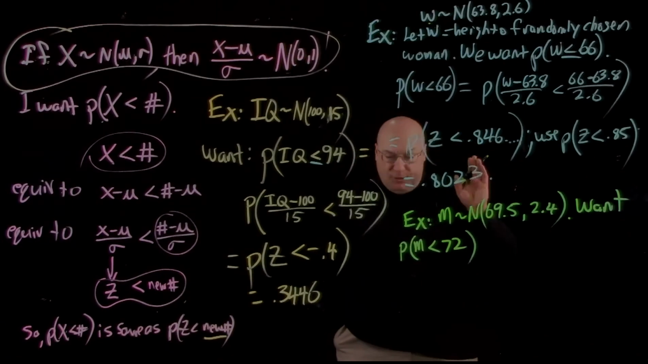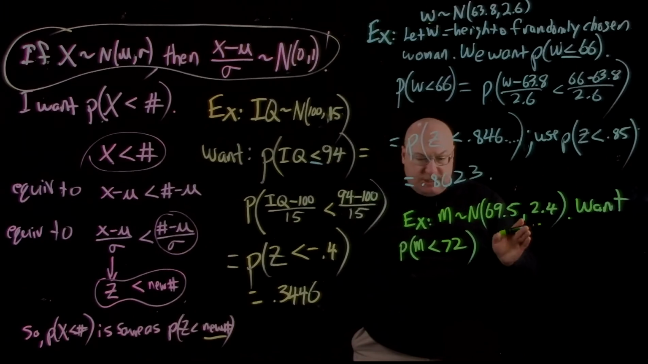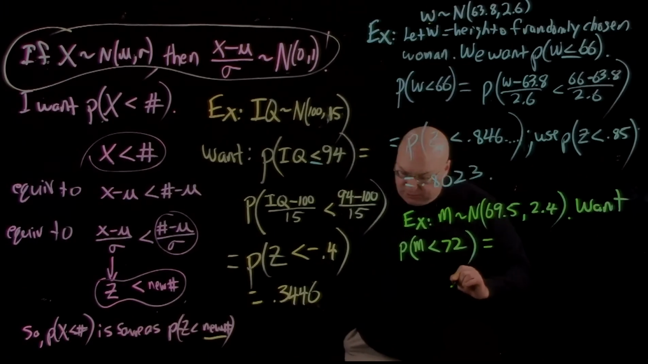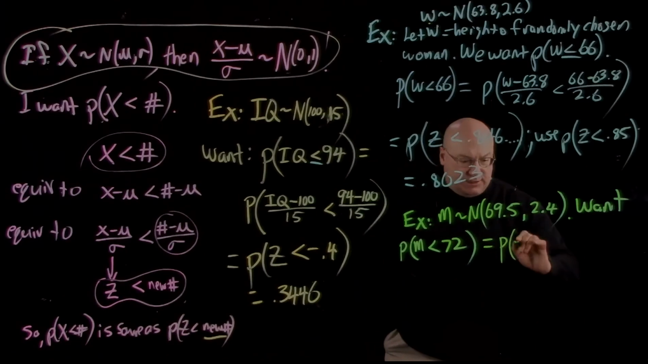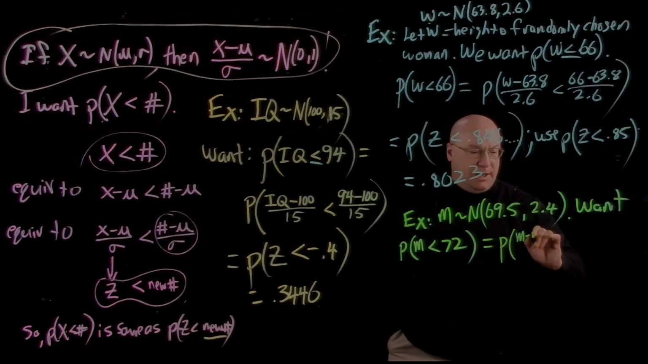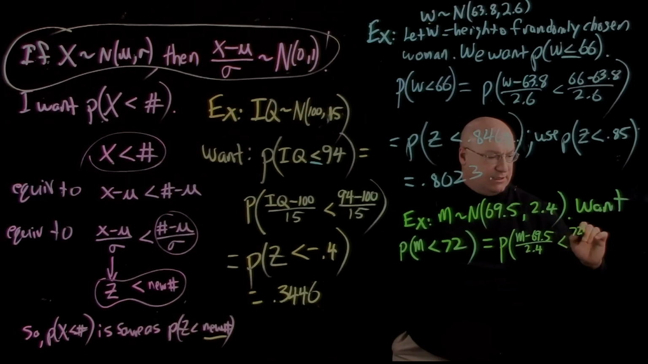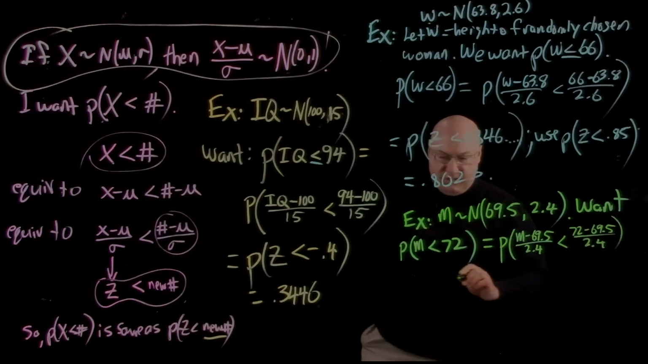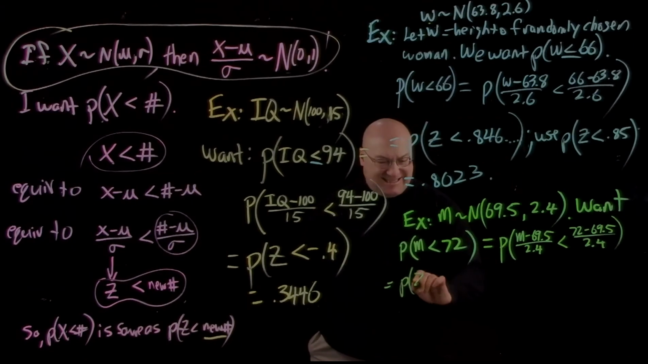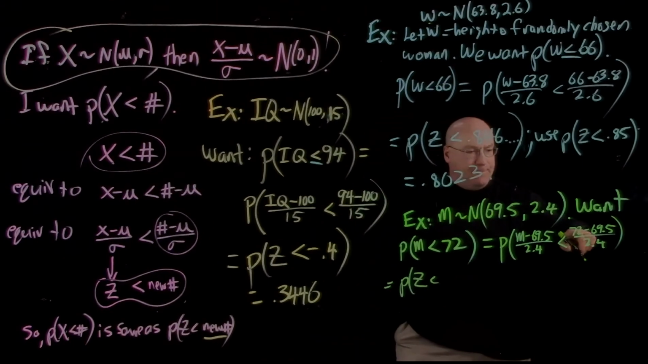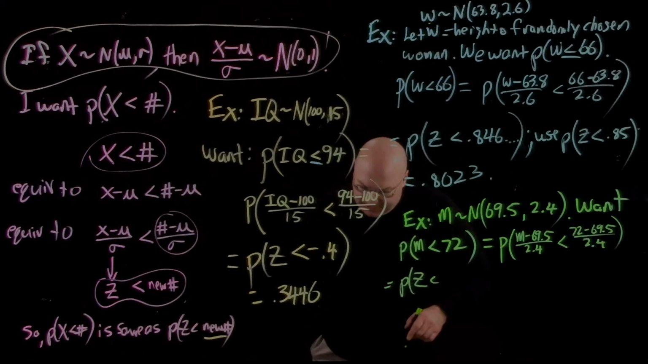And as I said, I hope you have figured this one out. You should have paused me and gone forward and gotten it. But I'm going to do the next step. It's M minus 69.5 over 2.4, that's less than 72 minus 69.5 over 2.4. This becomes the probability that Z is less than whatever that number comes out to be, and it comes out to be